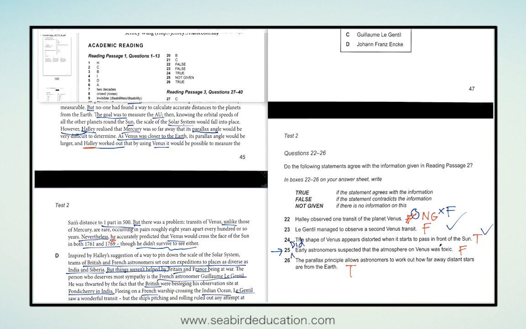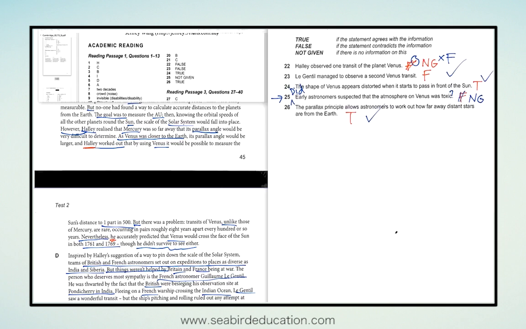if you can genuinely say don't know, then that's not given. If you can genuinely say no, then the answer is false. And of course here, there's no "no" to that question, so therefore it's not given. Something I should have done with these. And number 6 is true. 26 is true.